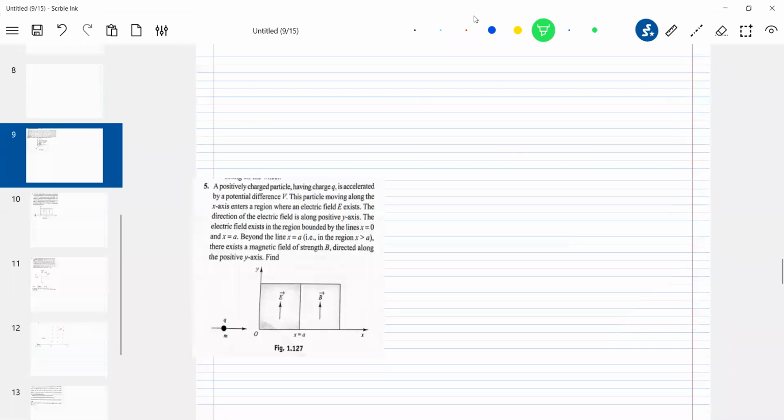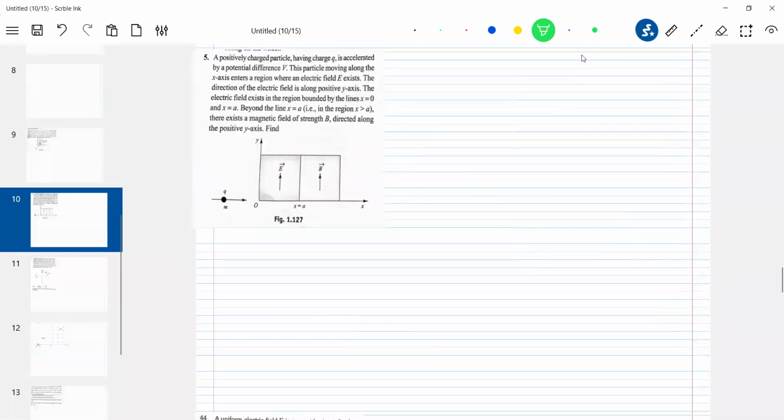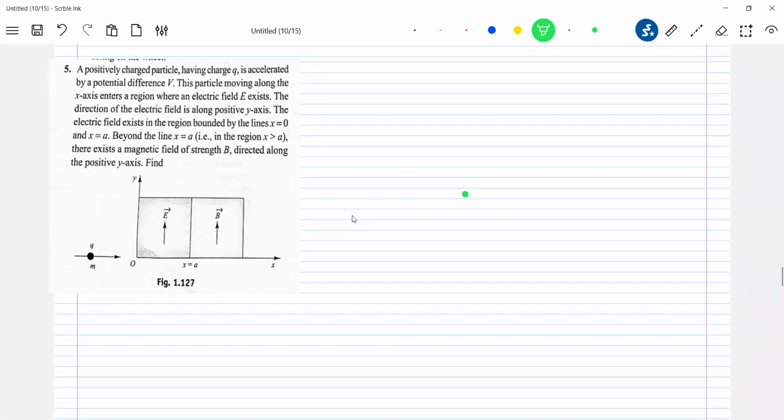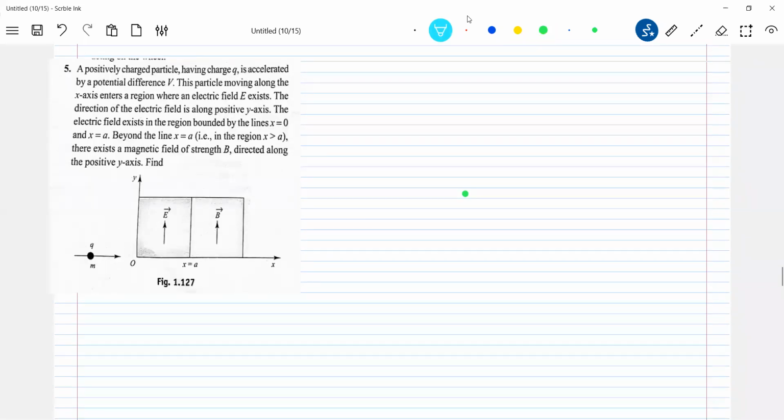Okay, already we have discussed this. Let's take this one here. These are some generalized questions again. So, read the question. Some correction is there. I'll make it. B bar should be like this. So at t equals 0, the particle will enter at origin. The electric field E bar vector and B bar vector. For x less than a, E bar is there. For x greater than a, B bar is present. So what we have to find are the parameters of the trajectory.